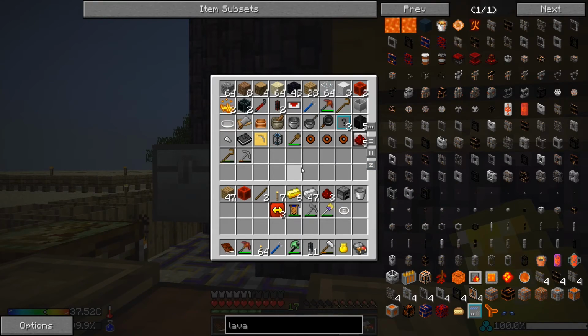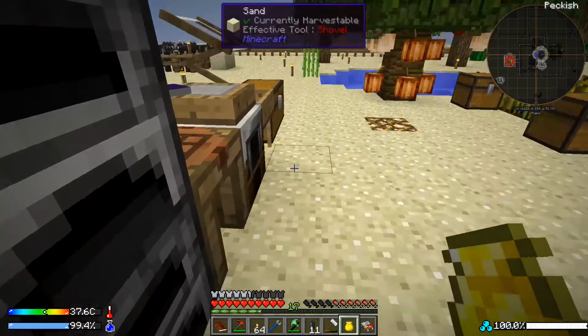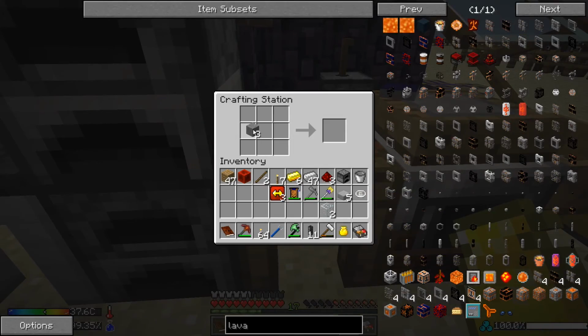Just make sure I haven't got them stashed anywhere else. So take you. I don't need the juicer. We'll take the glass. We're going to need 6 of them, so we're going to need 3 more. I remember scrolling doesn't work. So if we go like this and then get our...